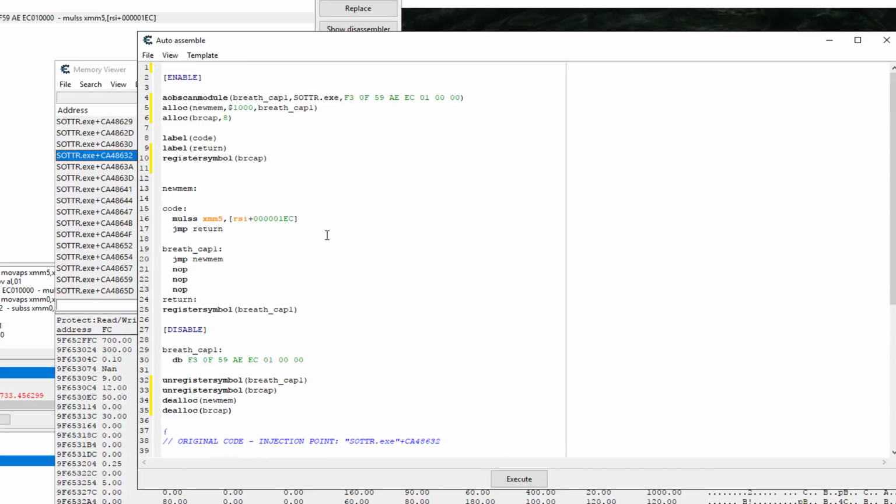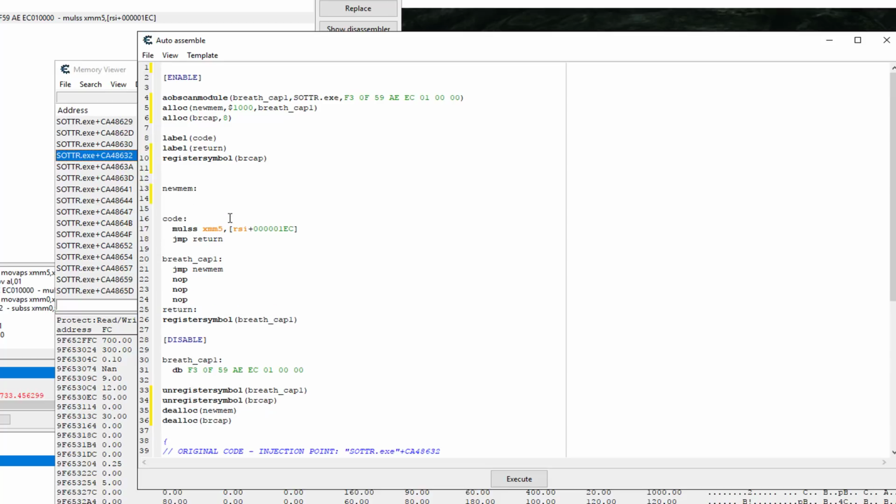So now we're all set up, and all we really need to do is just have the base address of RSI write to our cap, and it's going to write it in that part of memory that we allocated for it. So we don't really need a label since we already have it in allocated memory, or is the name of its own allocated memory. I'm just telling Cheat Engine move into our symbol, which is our allocated memory of 8 bytes, the base address, which in this part of memory is located in RSI,